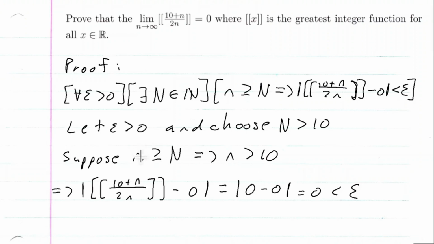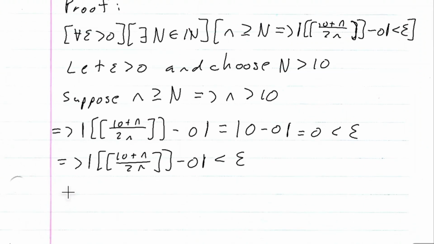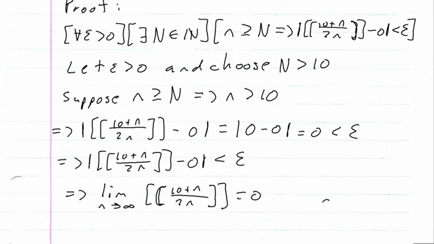So after assuming that n was bigger than or equal to big N, we got that the absolute value of the greatest integer of (10 + n) / 2n, minus 0, is less than epsilon, which shows that the limit as n approaches infinity of the greatest integer of (10 + n) / 2n is equal to 0. And that is our